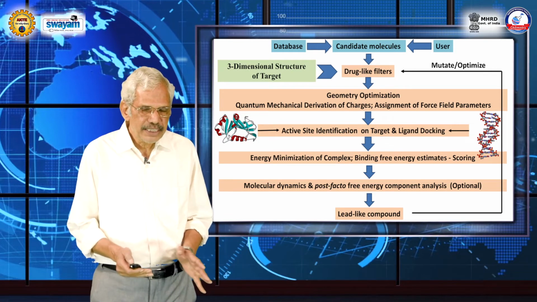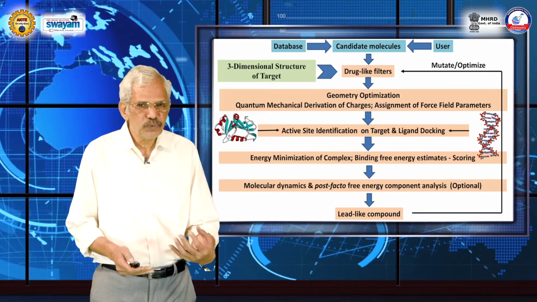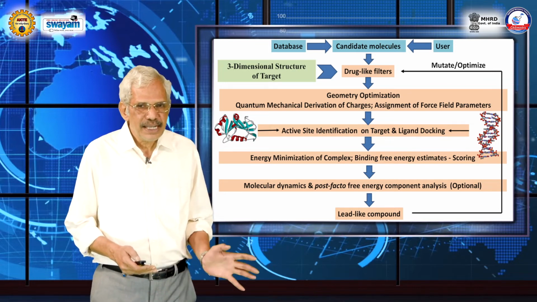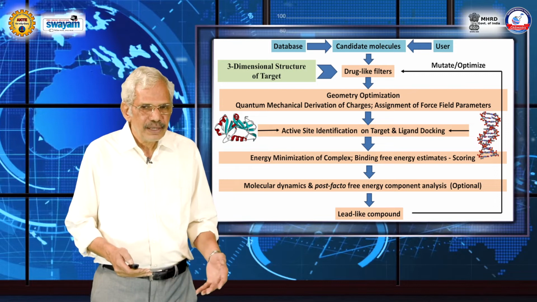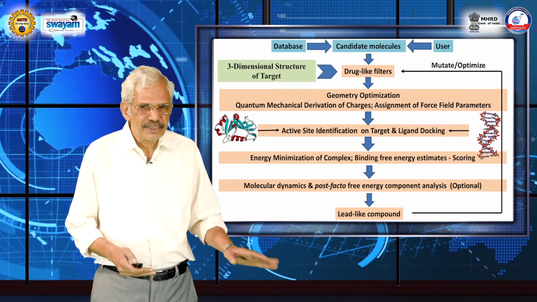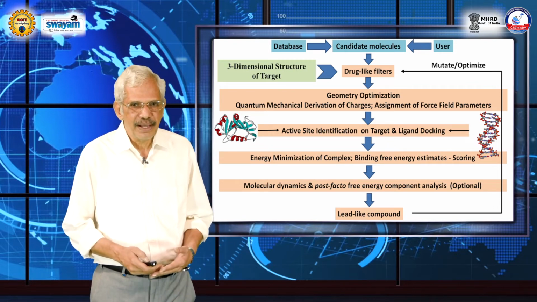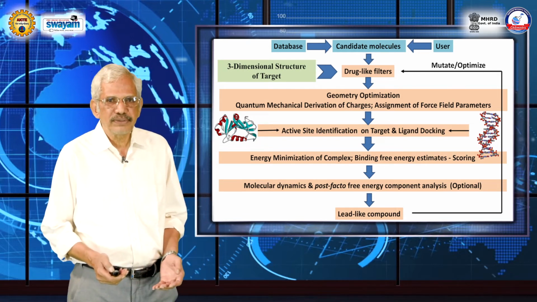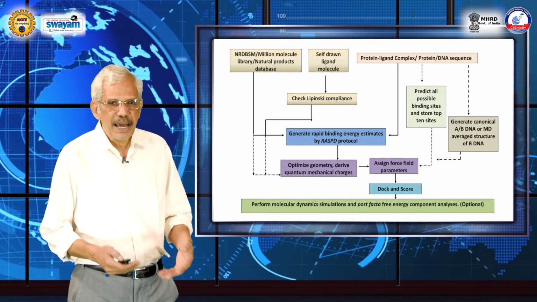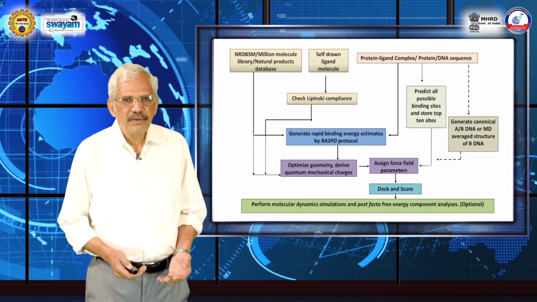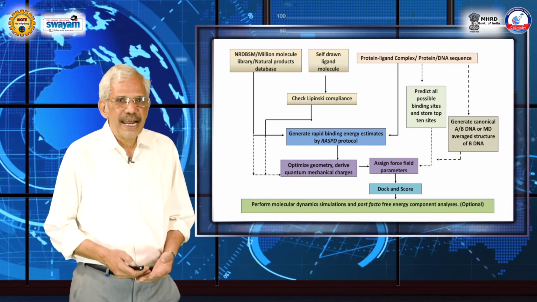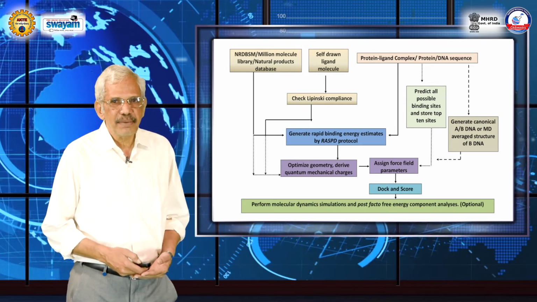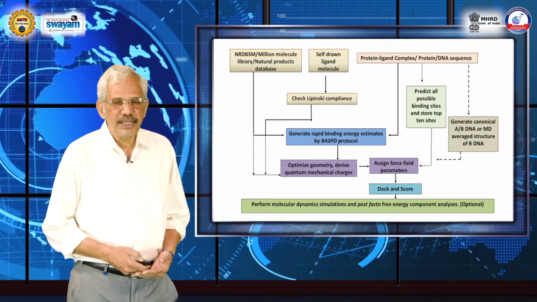So during your MD simulations, you can mimic as much as you want of the real cellular milieu as much as possible. So put that in so that in real life, when you predicted the molecule, it works in real life as well, in the test tube as well. So that's the overall strategy. So this is what we proposed in 2006, and now we have elaborated it much further. Now the latest version of Sanjeevani can handle millions of compounds. We also have a non-redundant database of small molecules, or you can self-draw the molecules.